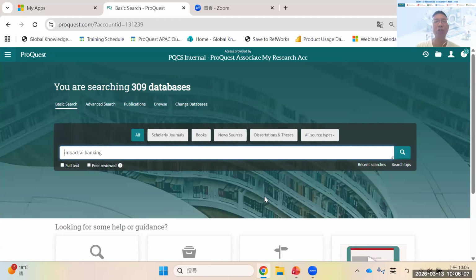Okay, I have something very general in mind. So I enter the keywords I'm interested in. In this example, I use 3 keywords: impact, AI, and banking. And you can use Boolean search operators and, or, not, any of these or a combination of these to construct your